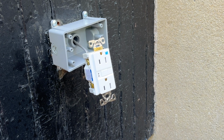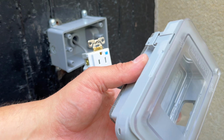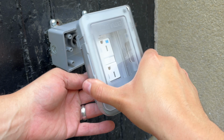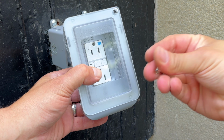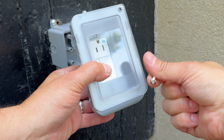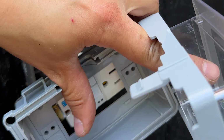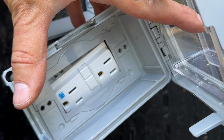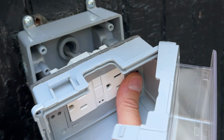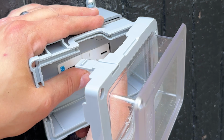Now we can install the weatherproofing piece here. The way this works is it actually goes on top like this, and then the screws that mount the outlet go in through the top. It's really kind of convoluted. I don't like that. We're going to use the 2 holes that are closest to the plug. I'm just going to insert that in there and then start to,